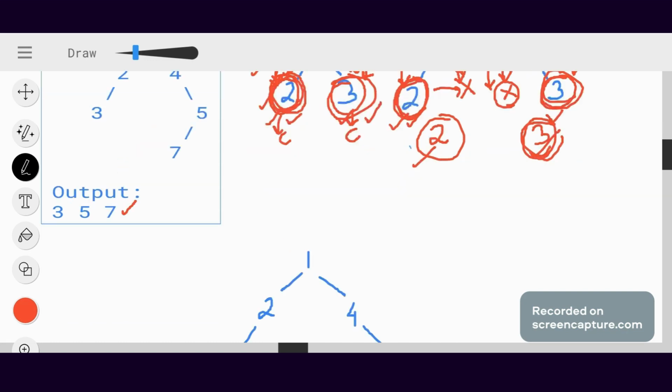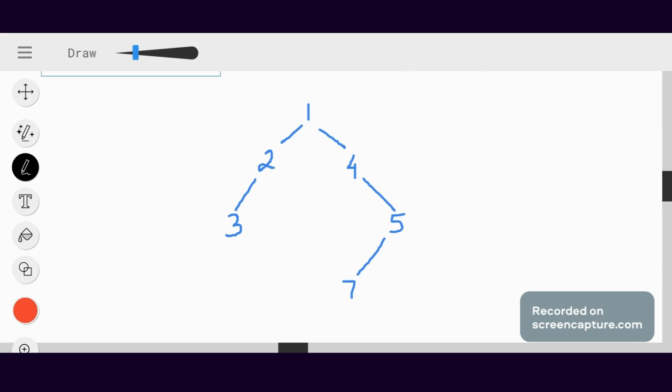So let's see this tree now. Let's traverse this tree. This is my root node. This is my parent node. Now let's see the left side. Do we have a left child? Yes, I do have a left child. Fine. Do we have a right child? Yes, I do have a right child. Okay, so this node has child nodes. That means these two child nodes are siblings.